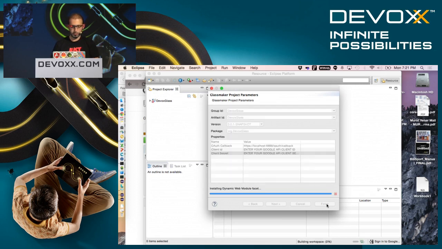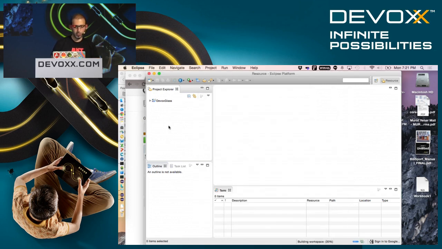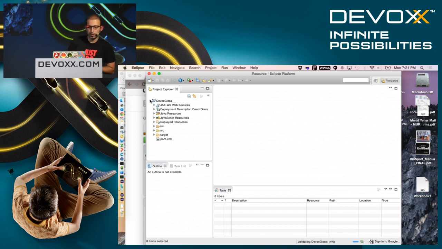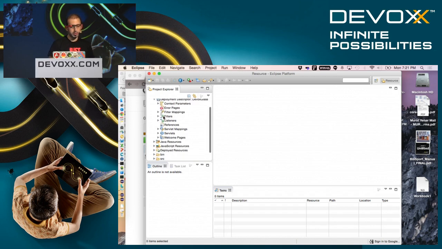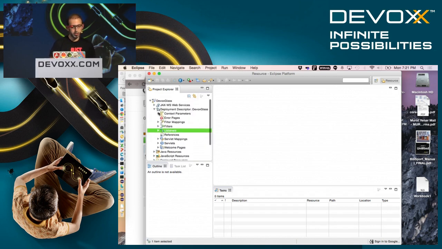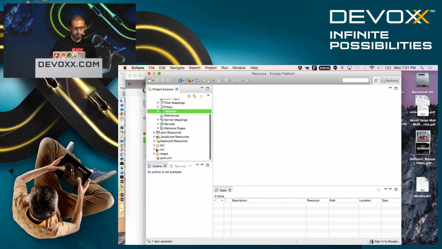Okay. So it created a web project with JAX-WS and some other features embedded. We have Spring Security, and all the project folders are created for you.